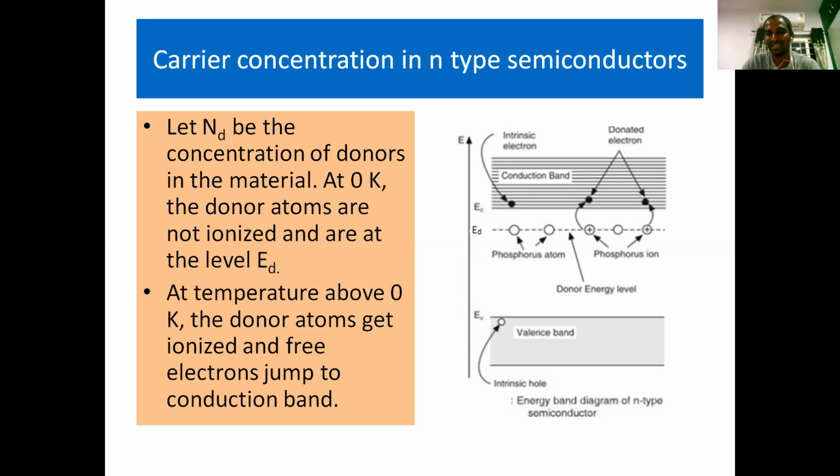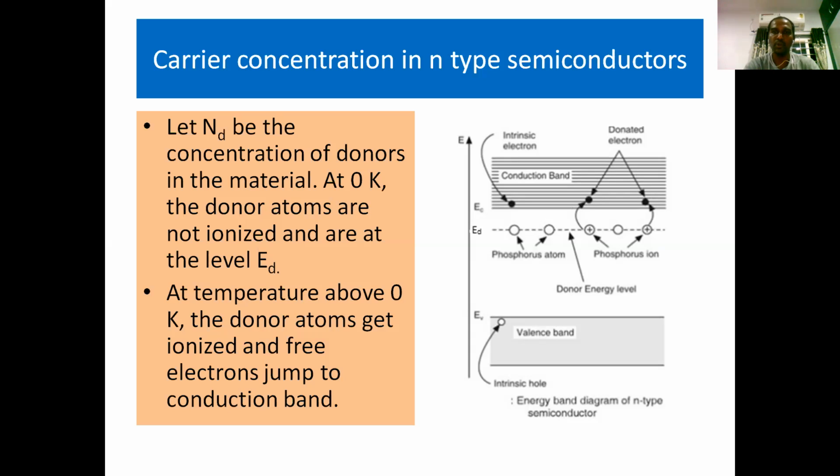So why are these donor energy levels generated? The pentavalent impure atom has 5 electrons, and out of those 5 electrons, 4 electrons participate in the stable covalent bond formation, and the 5th electron is free. So here the pentavalent impure atom is so generous, it can give more than the required number of electrons to form the covalent bond. In order to form the covalent bond, we need only 4, but it is giving 5 electrons. So the 5th electron is free. You know, a free electron has more energy. That's why it is present in a specific energy level just below the conduction band. So that's why donor energy levels are formed just below the conduction band.